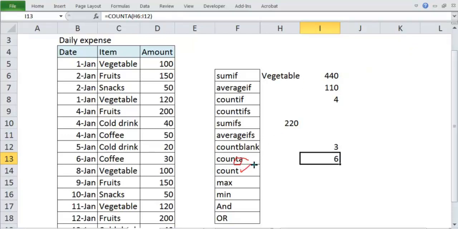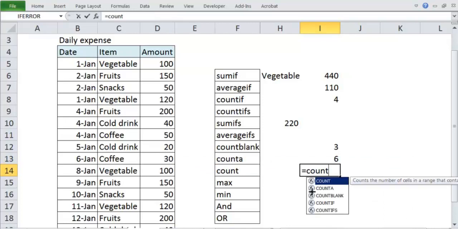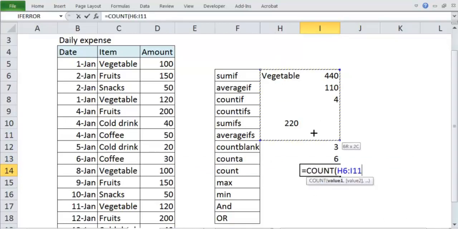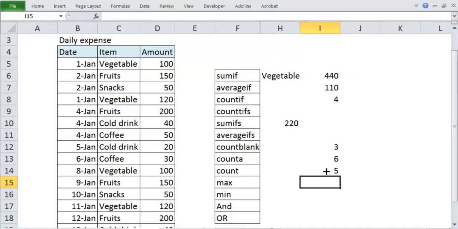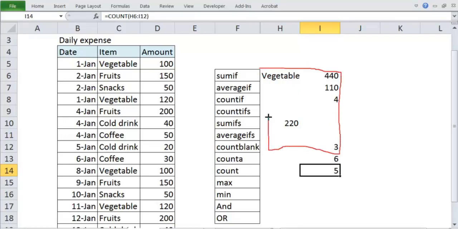COUNTA will count anything, whether it is a number or text, whereas COUNT will only count numbers. As an example, here it gives me the value of 5, because this vegetable is not a number. So in this table, I have 6 values given by COUNTA, but COUNT gives only 5 values because vegetable is not a number.